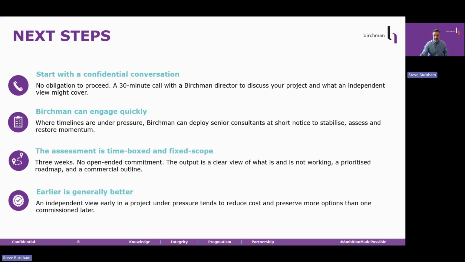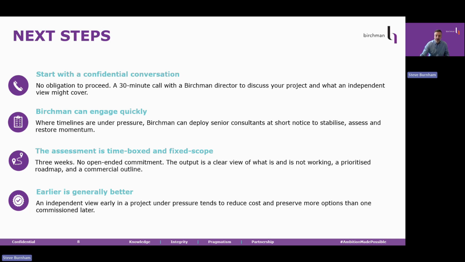Next, we move to the assessment. 3 weeks, no open-ended commitment, and the output is a clear view of what is and is not working. A prioritized roadmap and a commercial outline. I say that plainly because I know what the concern is. The concern is that you bring in an external firm, they find more problems than expected, the scope expands, the cost expands, and it feels like you're in a worse off situation than when you started.